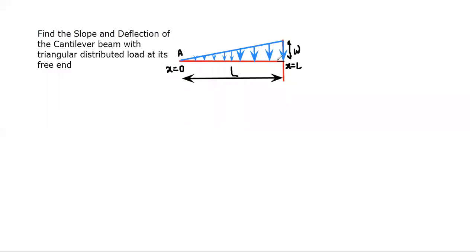Let me call this A. Let me call this point B. Okay, so we have to find the slope and deflection at point A. So the method that we have to use is the virtual work